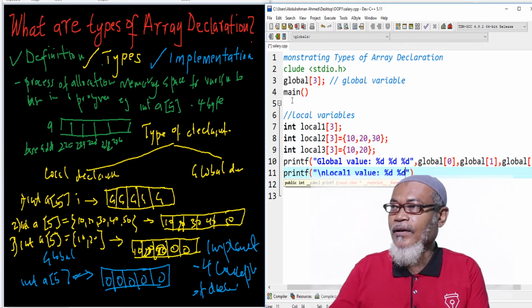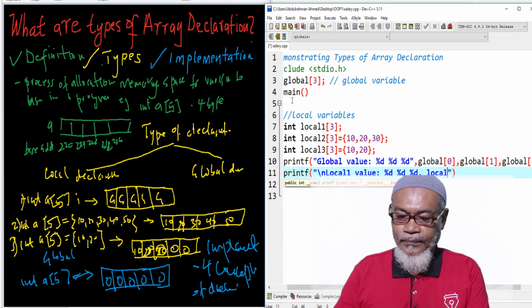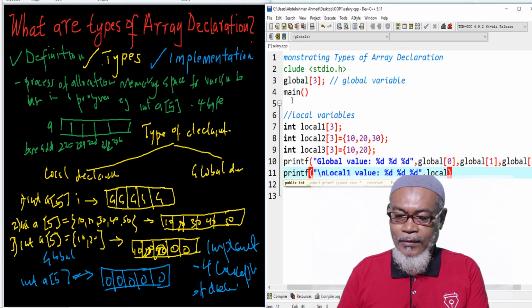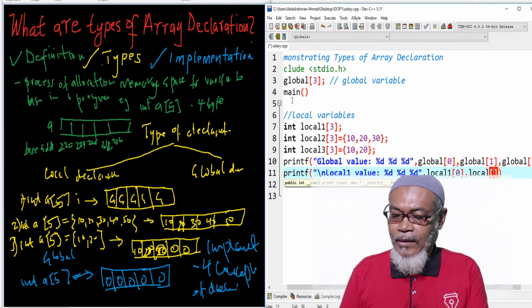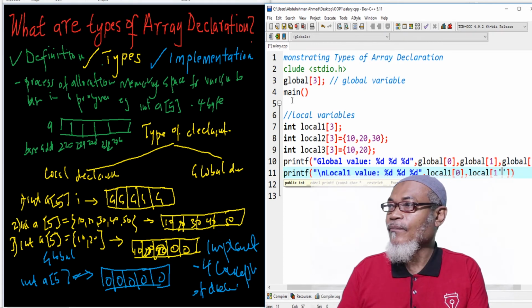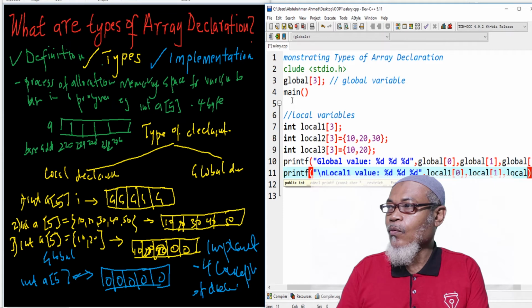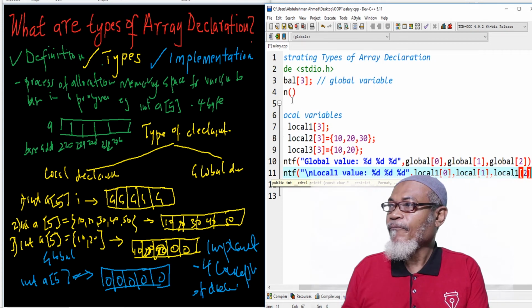So we are printing our 3 elements, and onto that we are having our local 1, which is indexed 0, and then followed by local 1 index 1, and then followed by local 1 and index 2. So basically that is it,